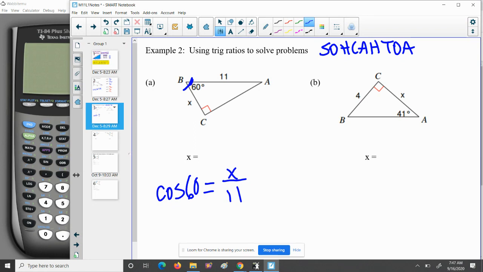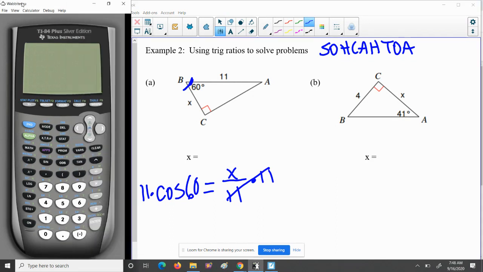Now, we want to solve for x, so we would multiply by 11 to get rid of that. Okay, so now we need to do 11 times the cosine of 60. Okay, how do we do that? That's where our calculator comes into play. So you can do this on Desmos, the free calculator online. I also have a copy of what our TI-84 looks like, so if you have one of these, you can